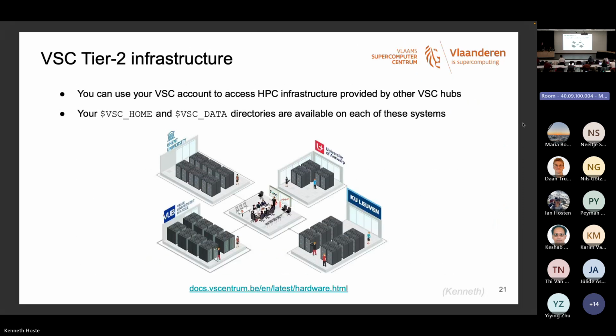All right. So that was tier 2 at Ghent University. The other Flemish universities also have their own tier 2 infrastructure, which you can also access with your VSC account. So with the same account, you can log into Leuven, Brussels, Antwerp, and you can also access the resources there. So this is because we collaborate with the Flemish universities in the Flemish Supercomputing Center, which is not a physical